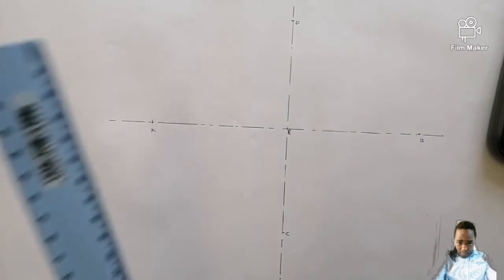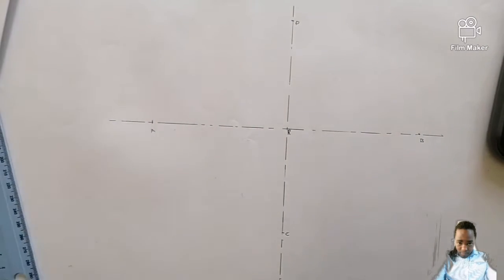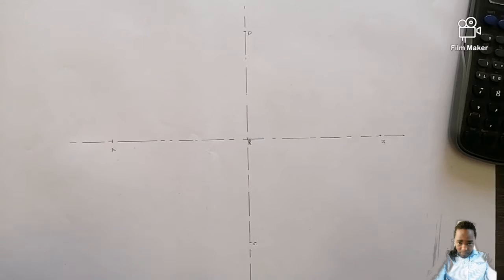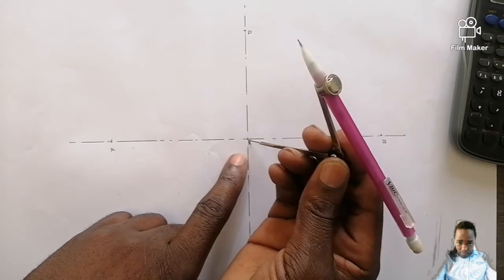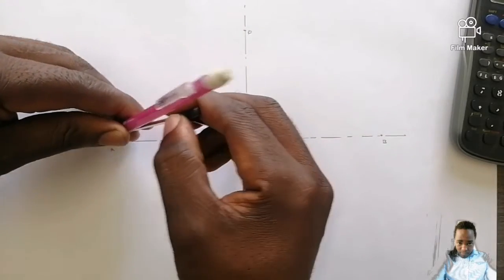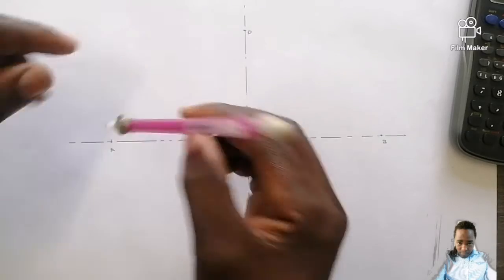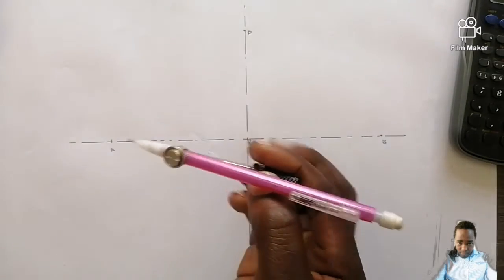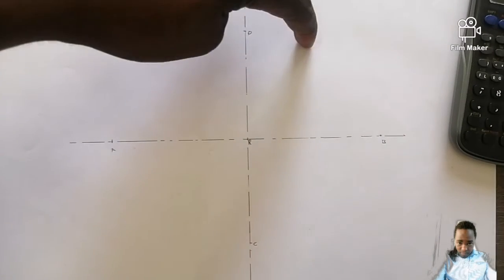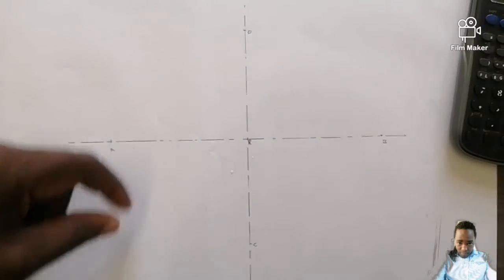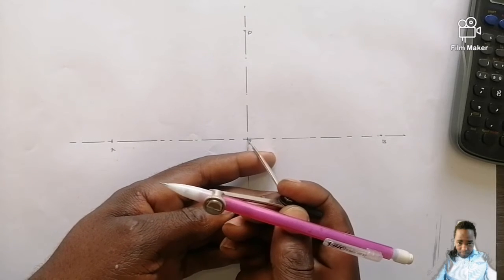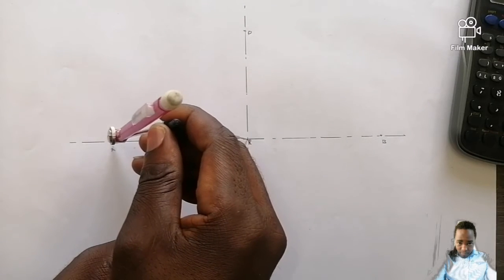Okay, so now take your drawing compass. Put it at point R. Further extend to point A in your second quadrant, because if they do maths, once they see something like this, they will think of what? Of trigonometry. They will say, this is the first quadrant, second, counting anti-clockwise, first, second, third and fourth quadrant. So put it here in your second quadrant, further extend to A, then get